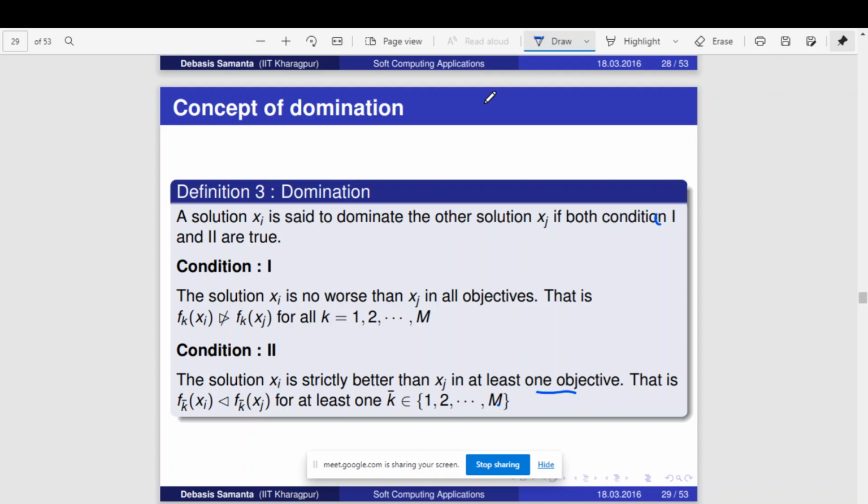So your objective is to minimize. When xj is lesser, that is in terms of xi. Could you tell in terms of xi? When the objective is to minimize, when will you say that xi is worse than xj? Xj is less than xi. That is correct, Akila. What does it mean? That means other way. That means xi is greater than xj, right?